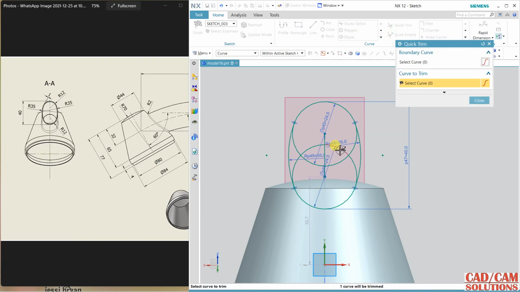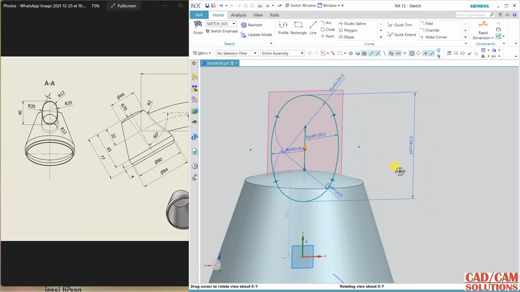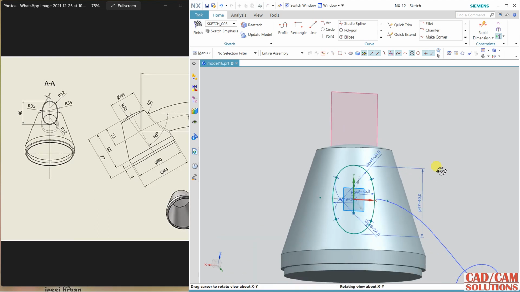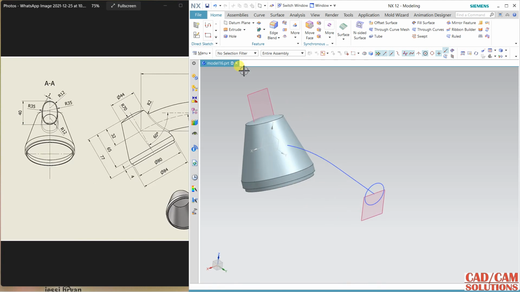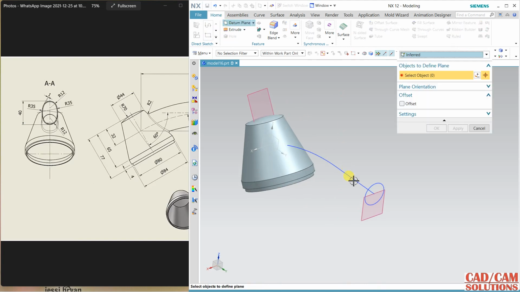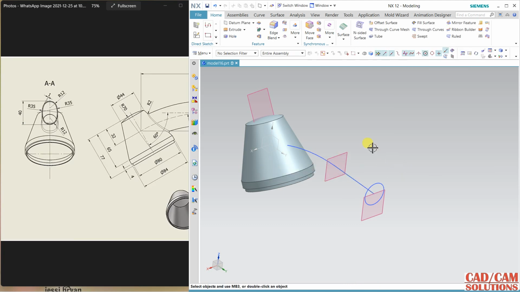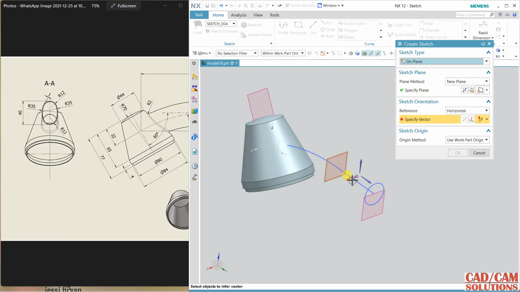Okay, use the trim option. Okay, and the midpoint of this will be placed at this point, so make them coincident. Okay, so the sketch is fully constrained, finish it. And again one more plane which is at the section, so drag. Okay, and create another sketch over this new plane,